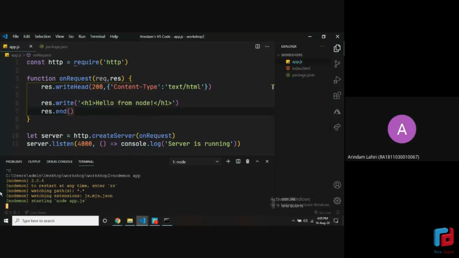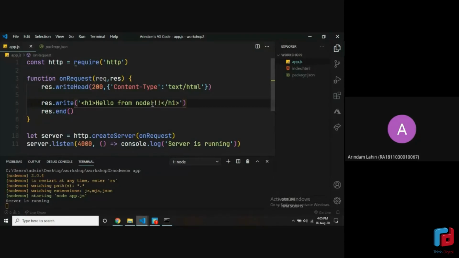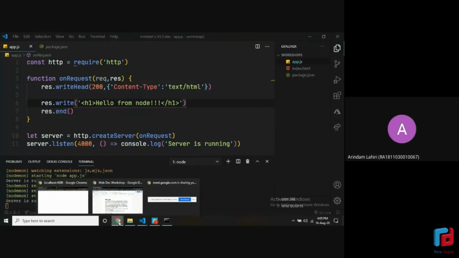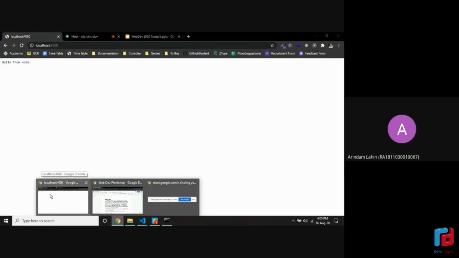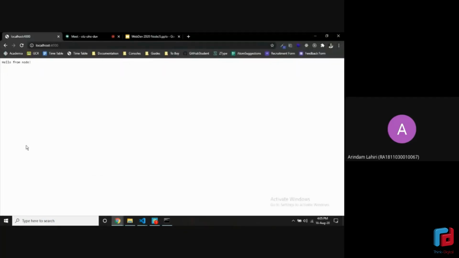Yes. So now you can see it says some things, and in the end, it says starting node app.js. So behind the scenes, it's actually running what we wrote earlier, also node app, but this time it will just restart the server whenever we make any changes. So for example, if I add 2 more exclamation marks to it and I save the file, it's auto saved. So as you can see, it restarted again due to the changes. So this is a good tool to have. If you face any problems during installation of nodemon, just ignore it. It's not really necessary, but make sure every time you have to rerun the server whenever you make any changes.